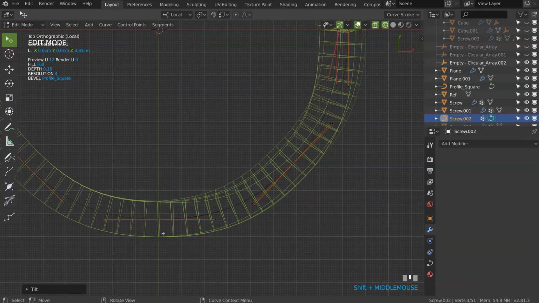Let's press 6 to see everything. There is a little issue. I need to activate it. So screw S, and let's add this, and that should be better. Okay. So, just like that, we created this.